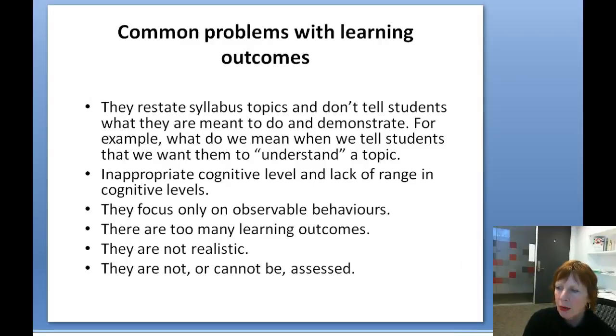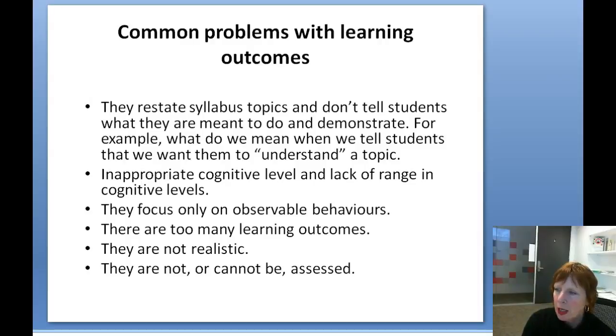If you want students to understand a topic, does that mean you want them to be able to explain it to somebody else, to identify the key features, to apply their knowledge in a real problem, or to be able to generate their own research question about that particular topic, which would be a generative understanding? Those sorts of verbs, which come into our taxonomies, tell students much more clearly what they're expected to